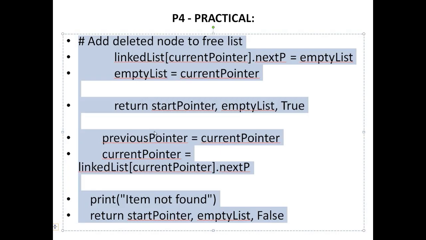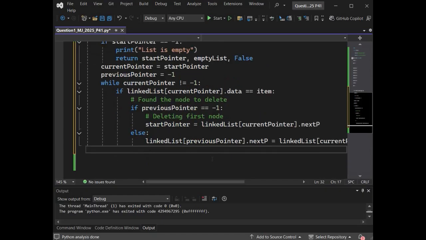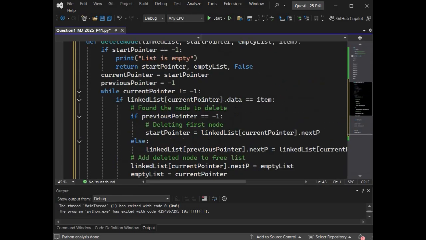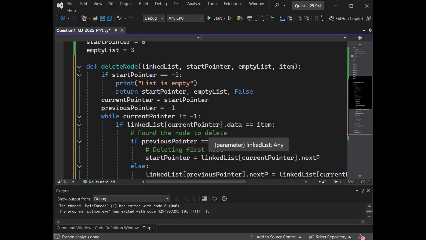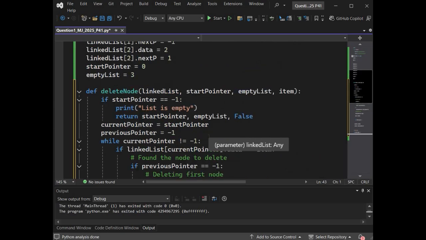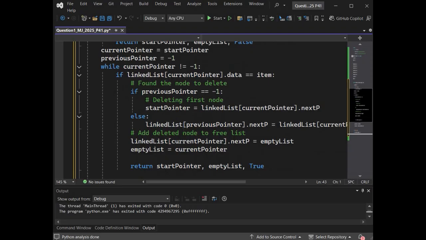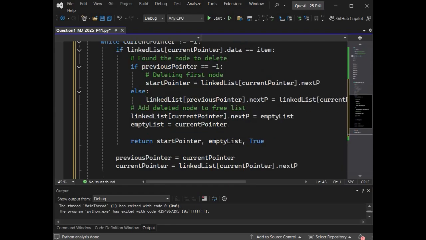Now what you are going to do, we are not done yet. What you need to do is you are going to add the deleted node to the free list, because whatever is deleted you need to add it to the free list, the empty list pointer.